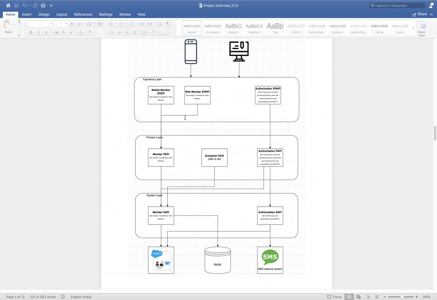So again, the system layer is responsible for connecting with external systems. In the process layer we apply all the business logic, and it works as an intermediate between the experience and system APIs. And the experience layer is responsible for connecting with external systems, which can be a mobile application, a web application, or a company-specific device.